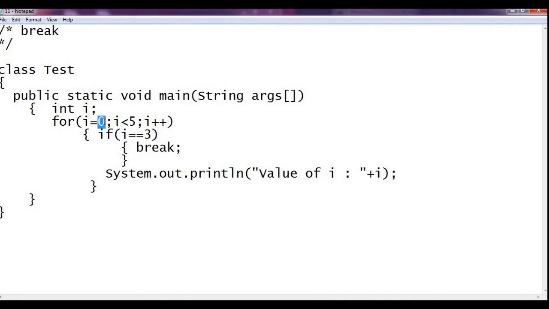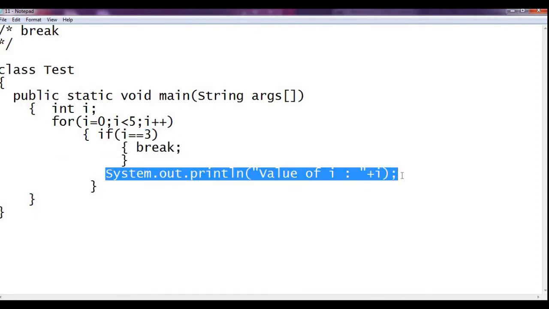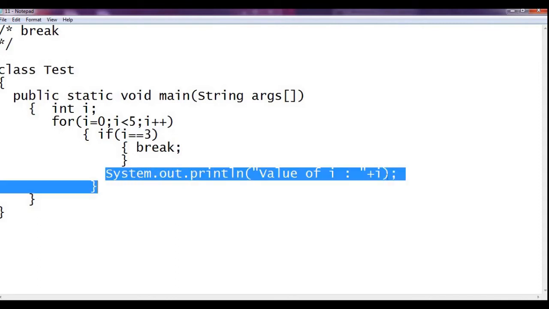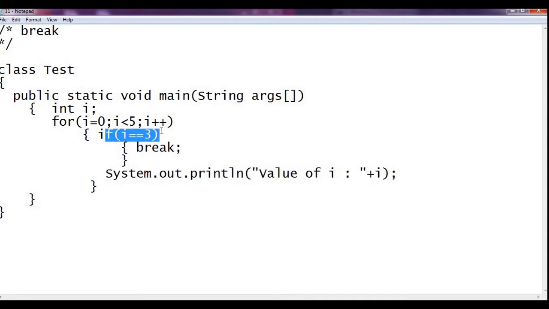So again the for loop will start from 0 and check it: is the value 3? No, so it will not go into this block. Then it will print the value 0, make i as 1, and again check it: is it 3? No, then we print it here, then 2, and whenever we have i equal to 3, that's more important, then it will go for the break.